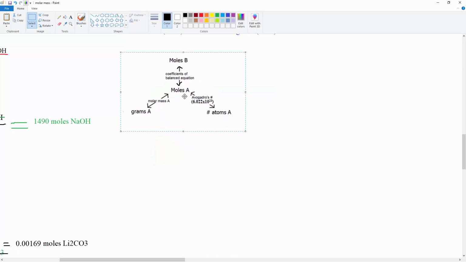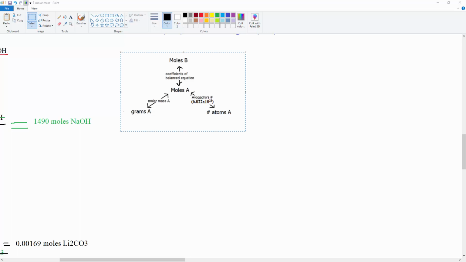So what we did on Tuesday was we did a lot of this, going from moles to grams and back. And what we did this morning is we did a lot of this. We went from moles of one thing to moles of another. And now we're going to put them together. So there's really nothing new here. It's just putting together the things that we've already done. Okay, so let's look at this